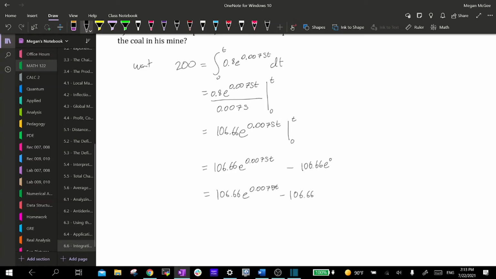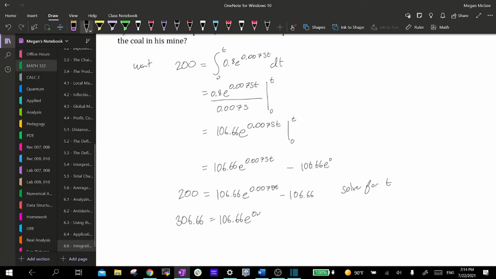So we evaluated that integral, but remember we were setting it equal to 200. So we have this set equal to 200, and the question was, how long is it going to take for him to mine all the coal in his mine? So we need to solve for the time. We need to solve for the variable t. All right, so we can go ahead and add 106.66 to both sides. We get 306.66 is equal to